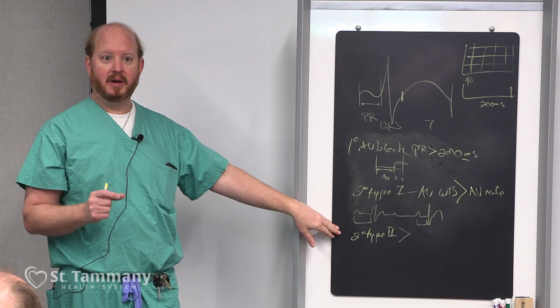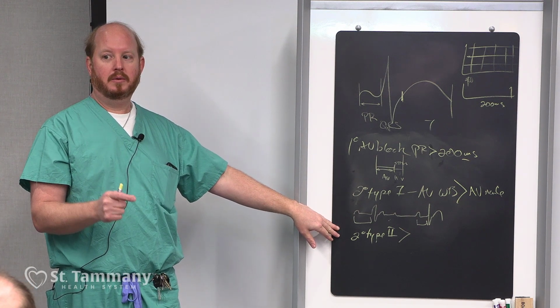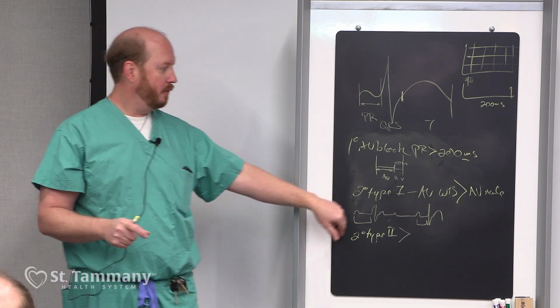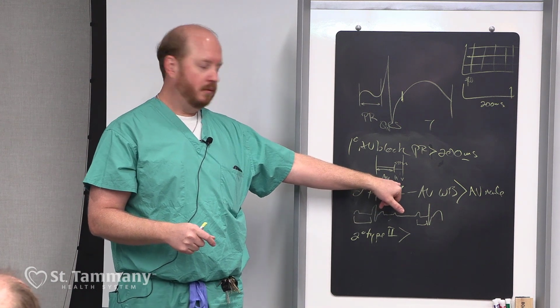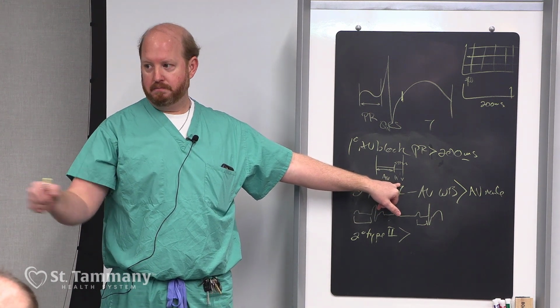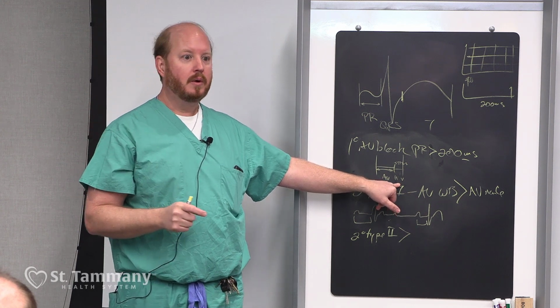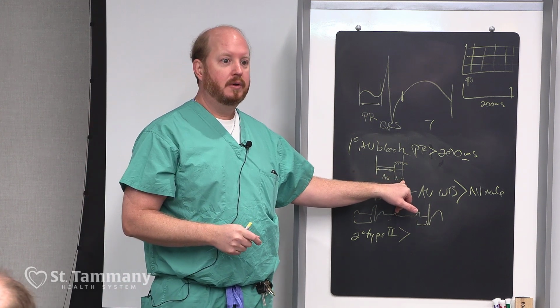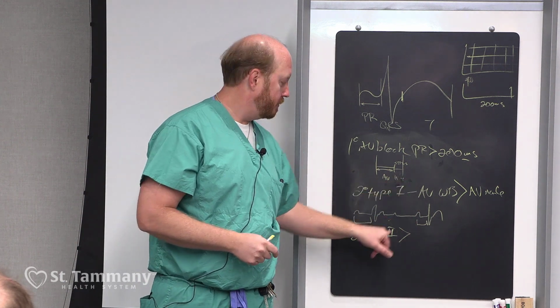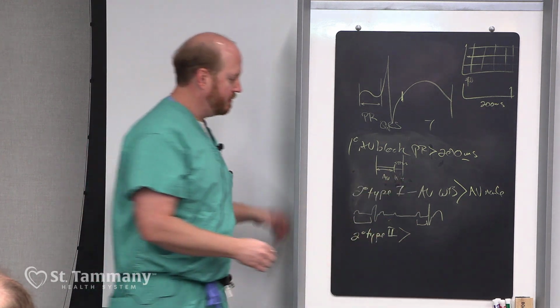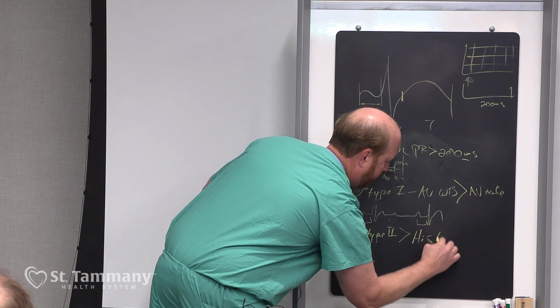Remember, we're still in the AV block. We're still dealing with PR. So what occurs within that PR interval? Not yet. We haven't gotten to the ventricle yet. We're still in the PR interval. We're still talking about it's in the His bundle. Now that's not good. Because as soon as I see this happen once, and it occurs within the His bundle,